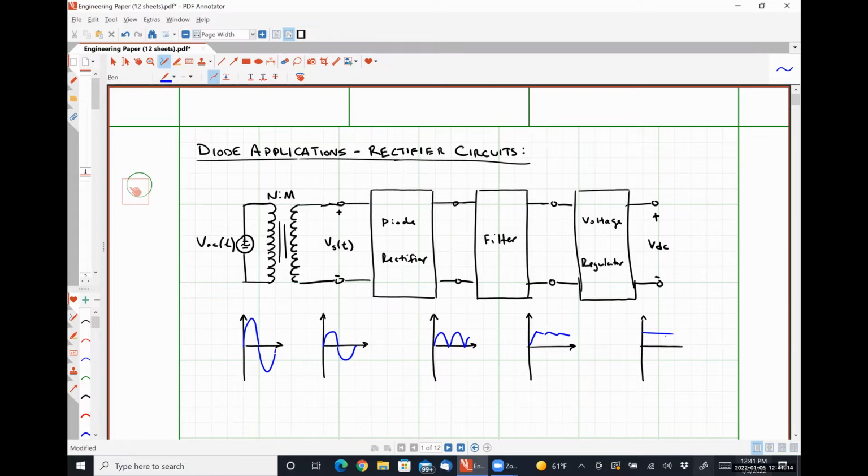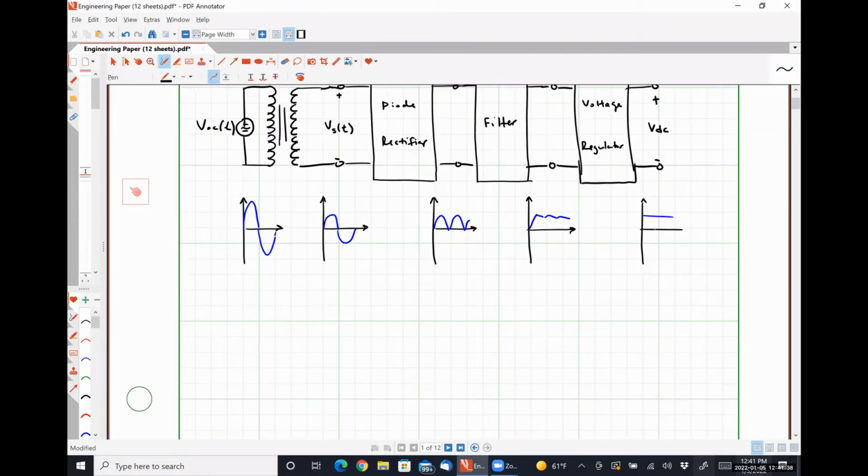And then we could obviously power some load, like the battery for your laptop or something like that. So these are the steps. We're going to be focusing a lot on the diode rectifier and the filter stage today, with a little bit of transformer thrown in as well. So let's start with a half wave rectifier, which is the concept that we finished off with